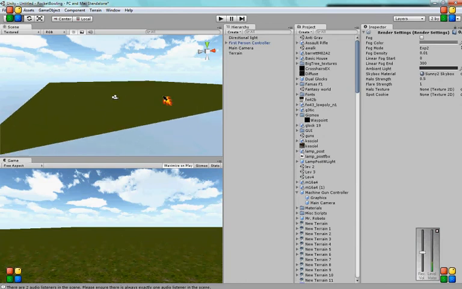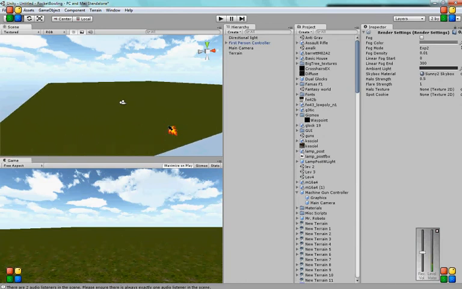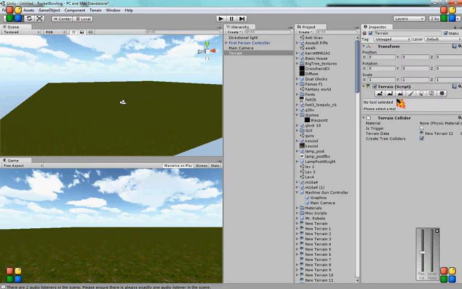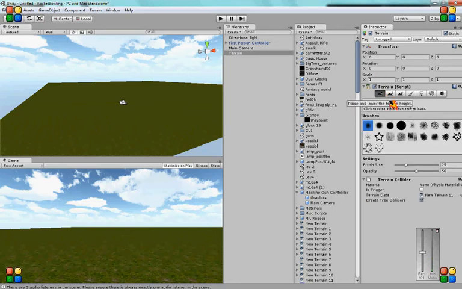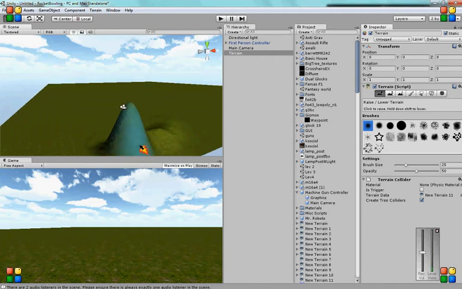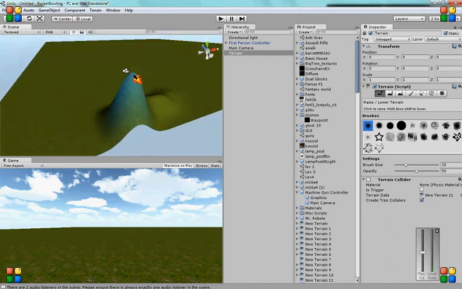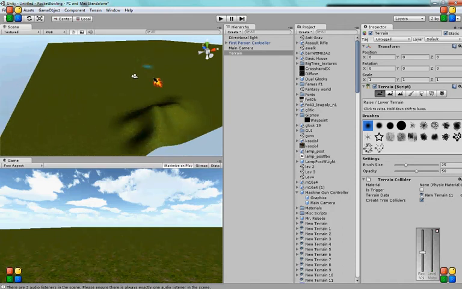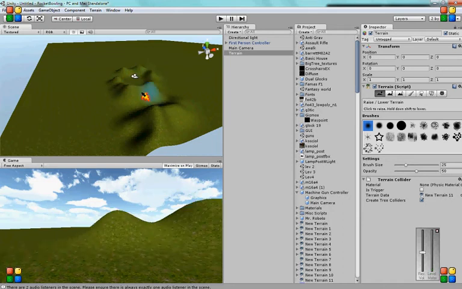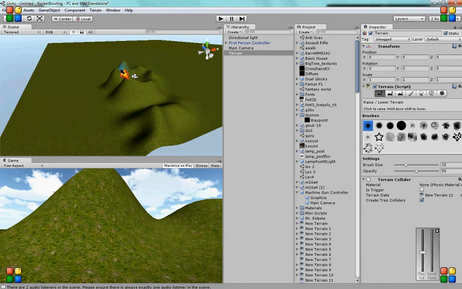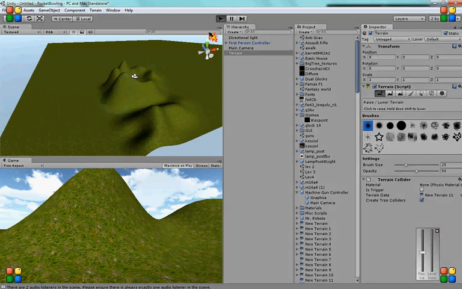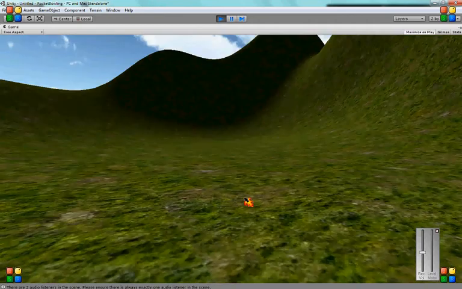But we want to make it just a bit more interesting, so let's make the terrain a little bit bumpy. It brings up the tabs again. You want to select the Raise and Lower Terrain Height tab, and then you just pretty much paint and do whatever you want. Now if you get a hill going that's too high and you don't like it, you can just press Shift and click, and voila. So let's create some hills around our controller here. And voila, we've got some hills